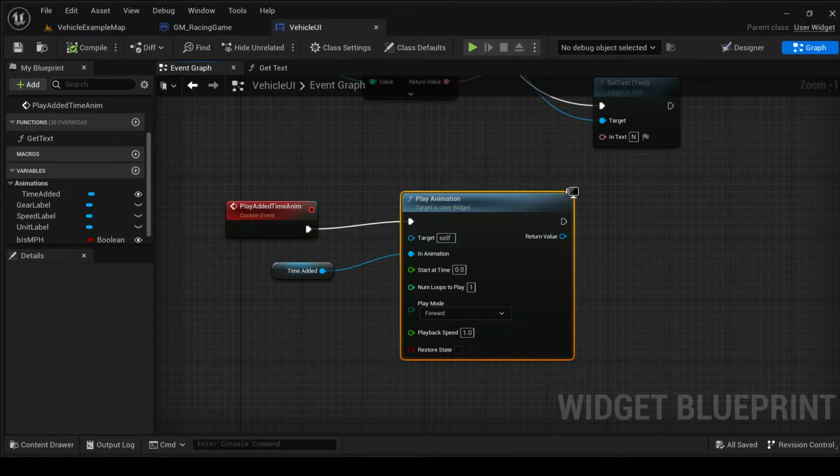Oh, and by the way, I use Ctrl P to open that little window. Okay, so in the event begin play, this creates the widget. This saves this widget, this HUD, into this variable, and then it is added. Now we just need to call this